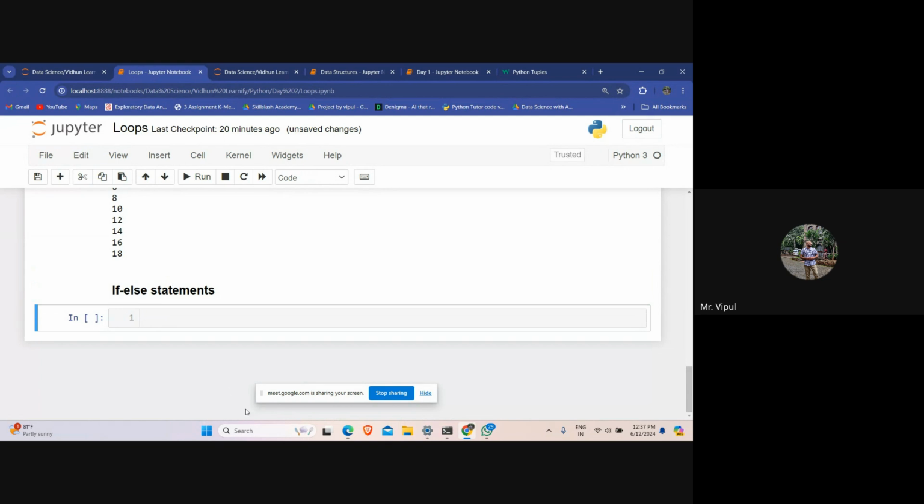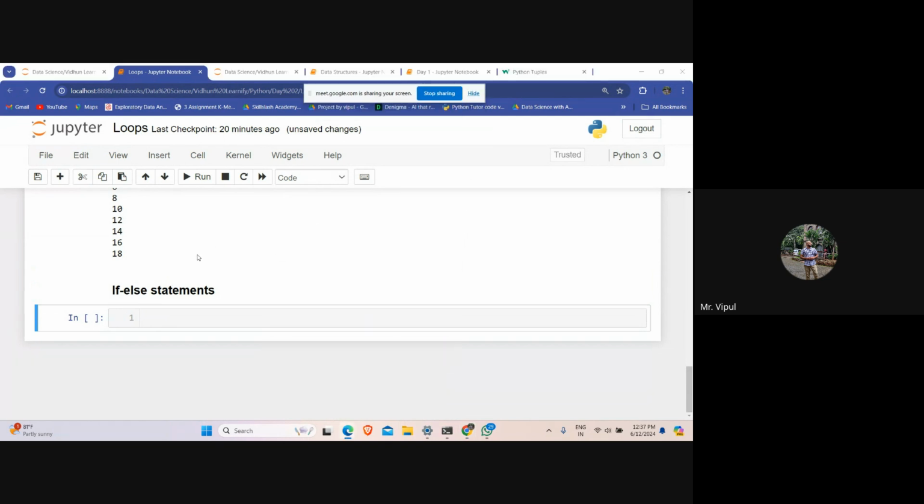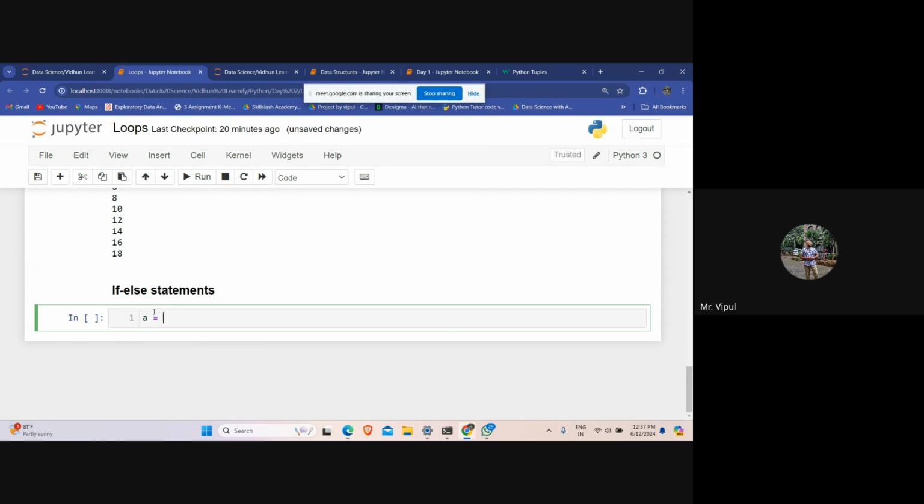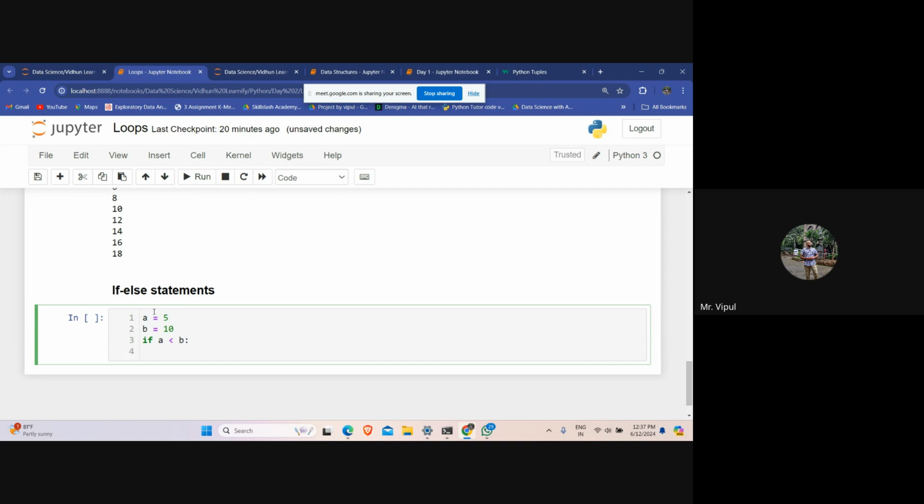Now, what is the if else statement that we have? Let us write down a is equal to 5, b is equal to 10. If a less than b, let us print a is less than b, right?